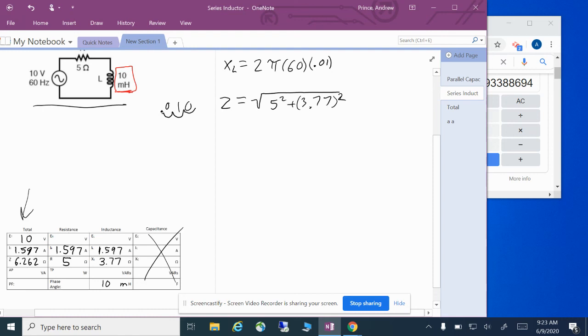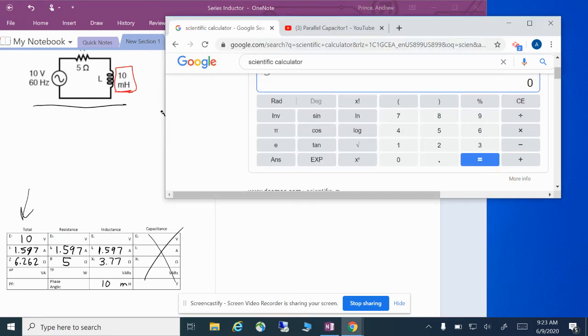So now we can find the voltage drop on both components because we have both the resistance and the current in the resistor, and then we have the reactance and the current for the inductor. So that's going to be just multiplying those two together to get the voltage, right? So I'll have 1.597 times 5, and that's going to be 7.985